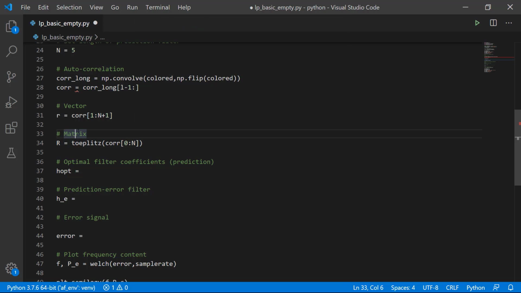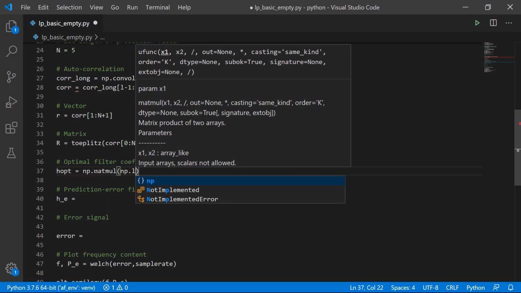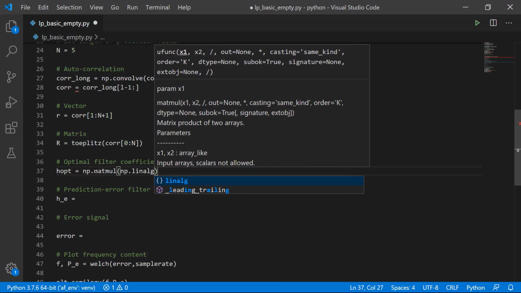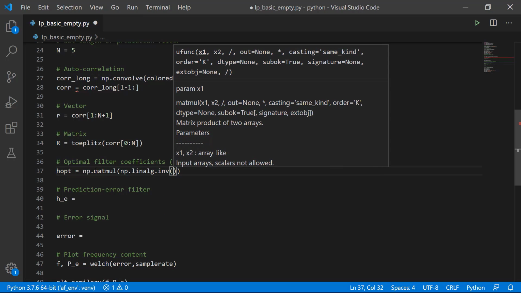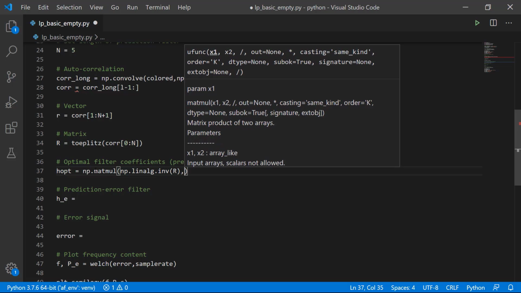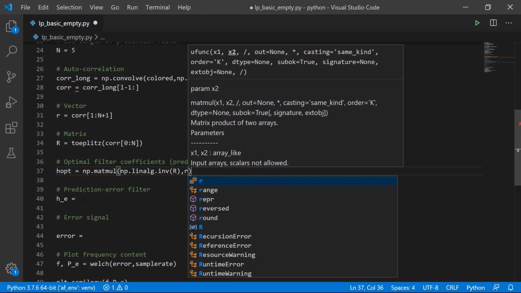Now the solution is just that we multiply the inverse of the autocorrelation matrix with our autocorrelation vector. So we use NumPy's matmul and NumPy's inverse function. We apply the inverse function to R, and we multiply the inverse with small r, and this then gives us